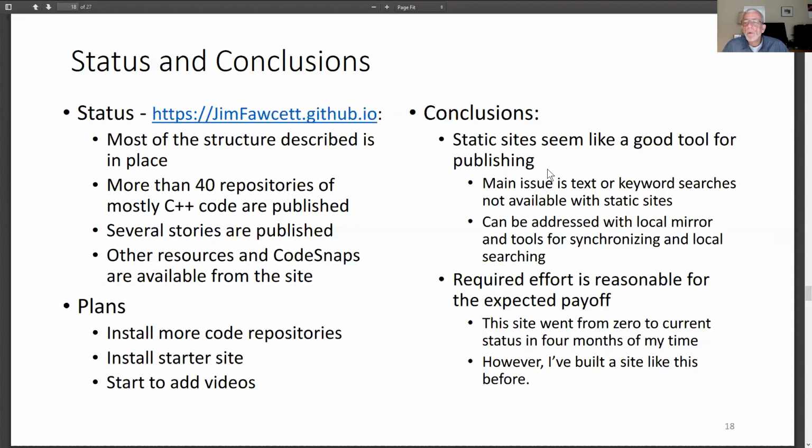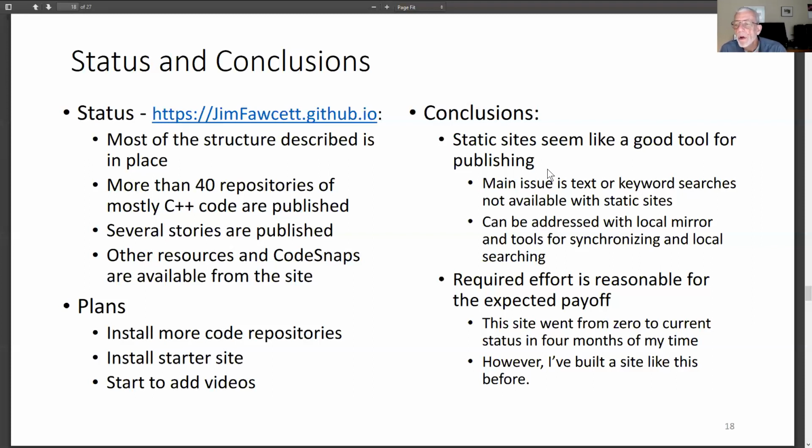So the implication of using a static site is that we can't implement site search. It's something I'd really like to have, but there's no processing on the server side to implement that search. So I've tried to make the structure self-searchable, but you'd like to be able to automate some of those searches, and we've got some ideas about that. One of them is to